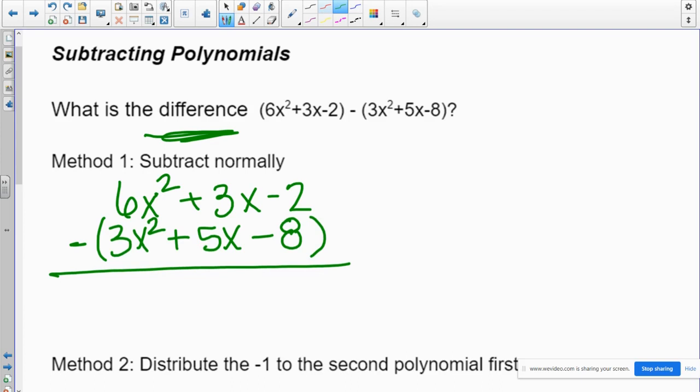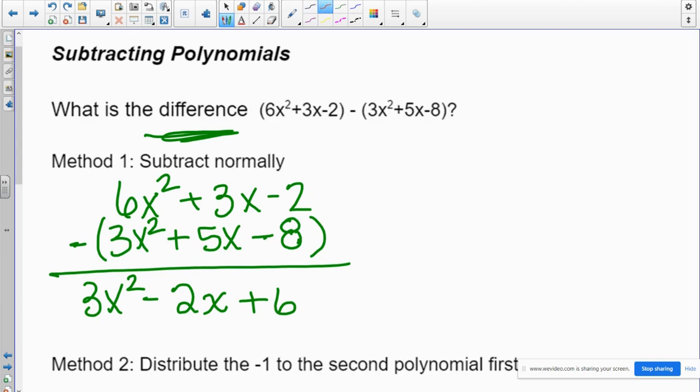Remember, you are subtracting. So 6x squared minus 3x squared leaves you with 3x squared. 3x's taking away 5x's leaves you with negative 2x. And then negative 2 minus a negative 8, that's going to become an addition. So it really is negative 2 plus 8, which leaves you with 6. Again, same thing, we could do that